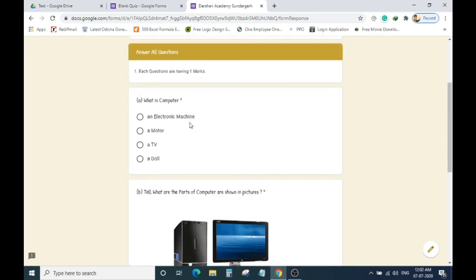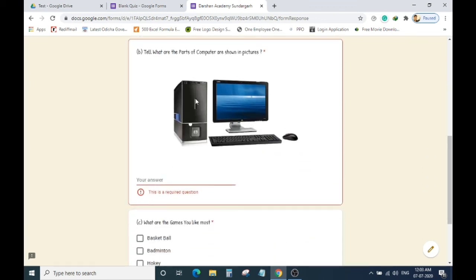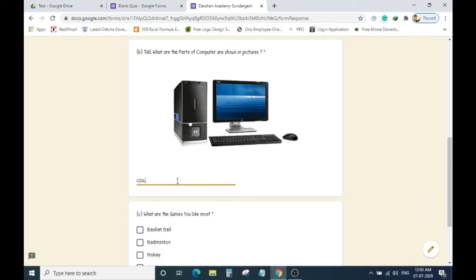Suppose I choose that a computer is an electronic machine. And I will write the parts of computer: CPU, monitor, mouse, keyboard.